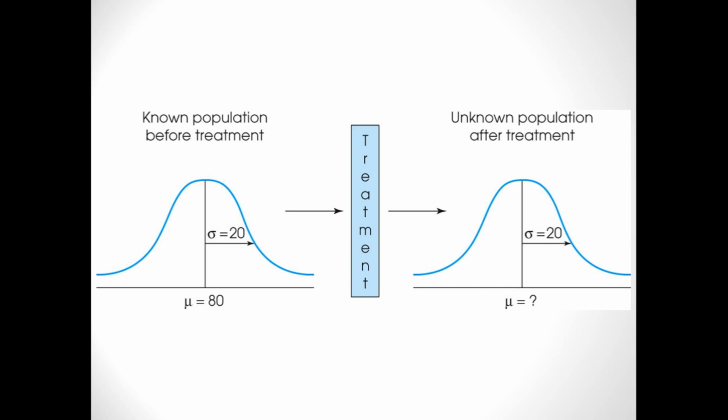And hypothesis testing will make a decision of whether or not a treatment has an effect based on the value of the mean of the population after treatment, based on the hypothesis testing principle that we will show you a little bit later in this